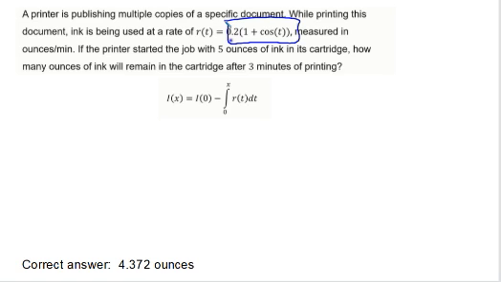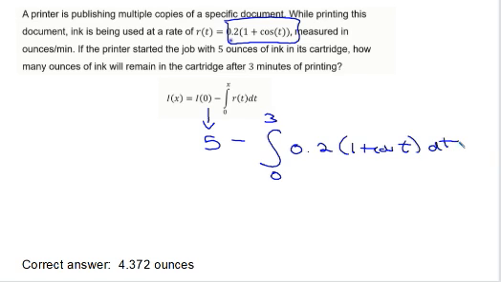All right. So in this case, they started off with 5 ounces of ink. So that's why this turns into a subtraction problem, because ink is being used. So we would do the integral from 0 to 3 of my rate function, 0.2 times 1 plus the cosine of t